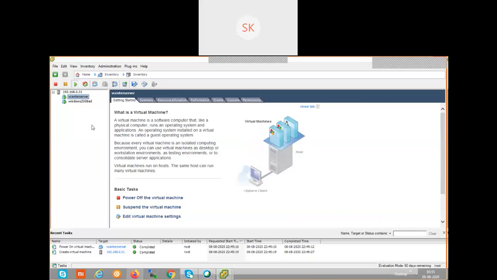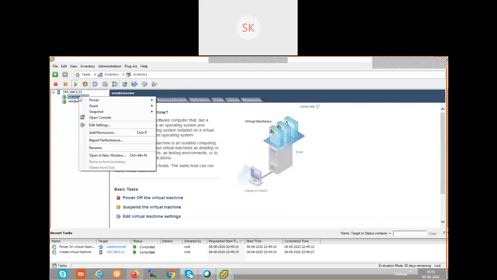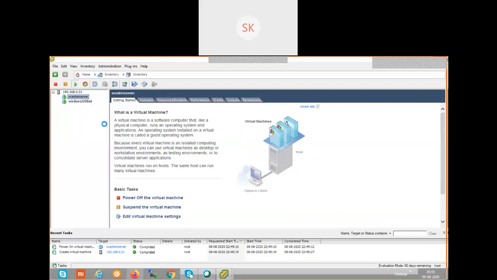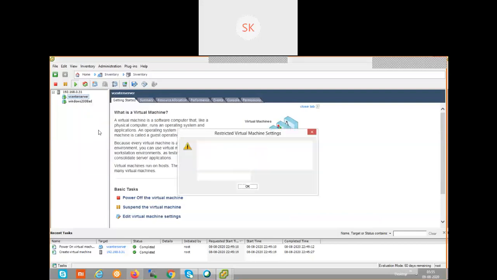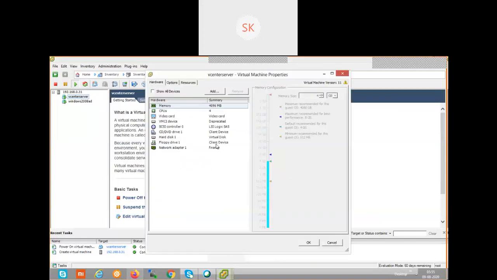So there is an option. Go to edit settings of the virtual machine. By default, we haven't created a virtual CD-ROM for this. Whenever you create, it is going to show a default warning; click on OK. So here, CD-ROM and floppy drive are already created. If you can see, CD-ROM created, floppy drive created by default, in the sense all default components are created automatically. Okay, if you select CD-ROM,